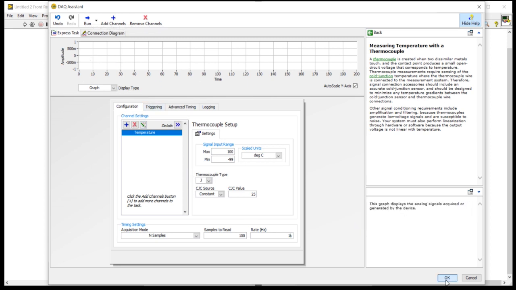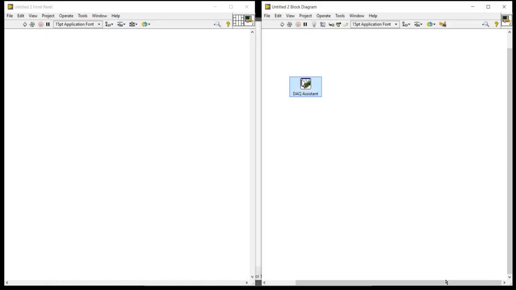After that, press the OK button. It will take a few seconds.